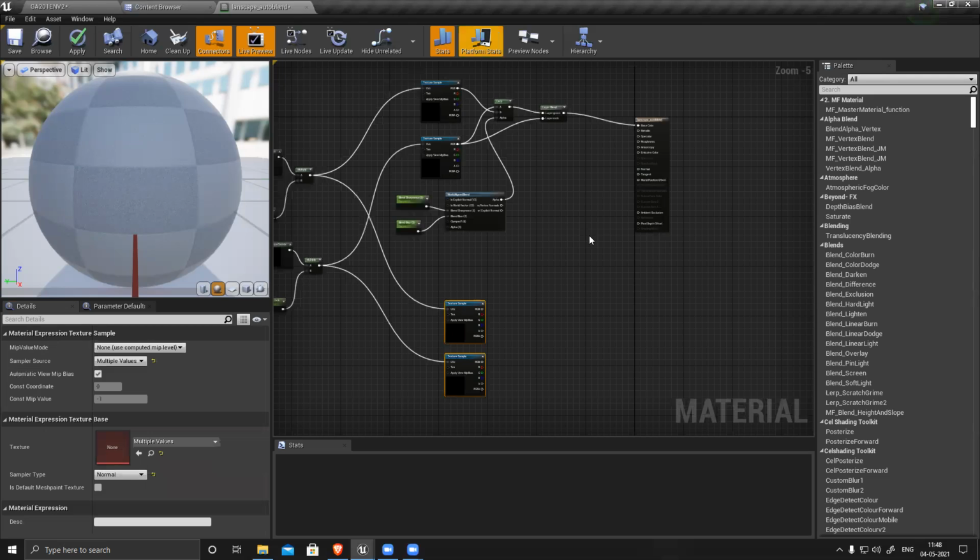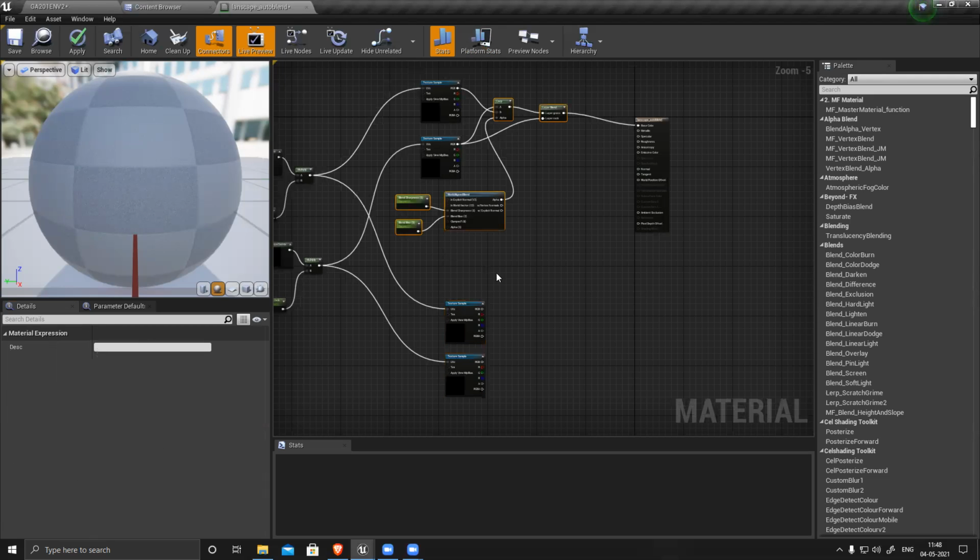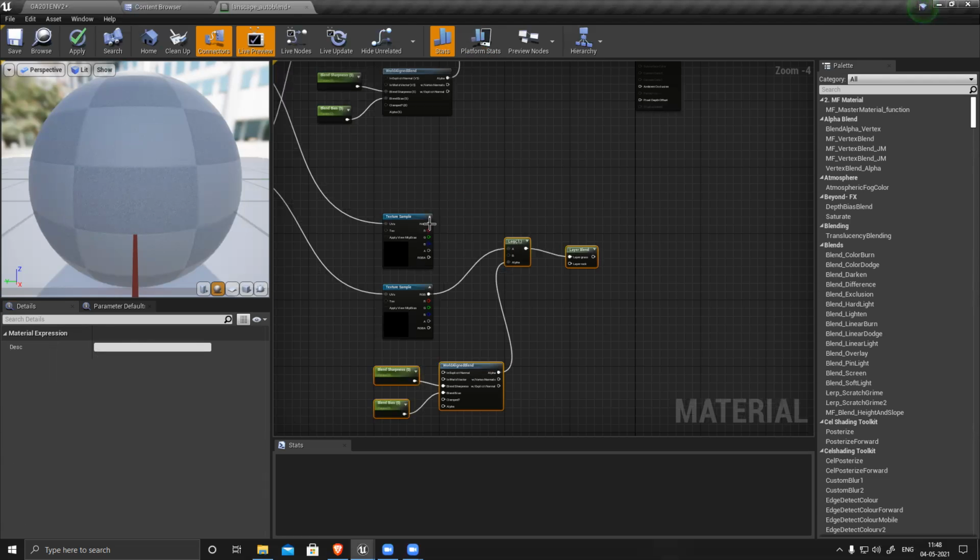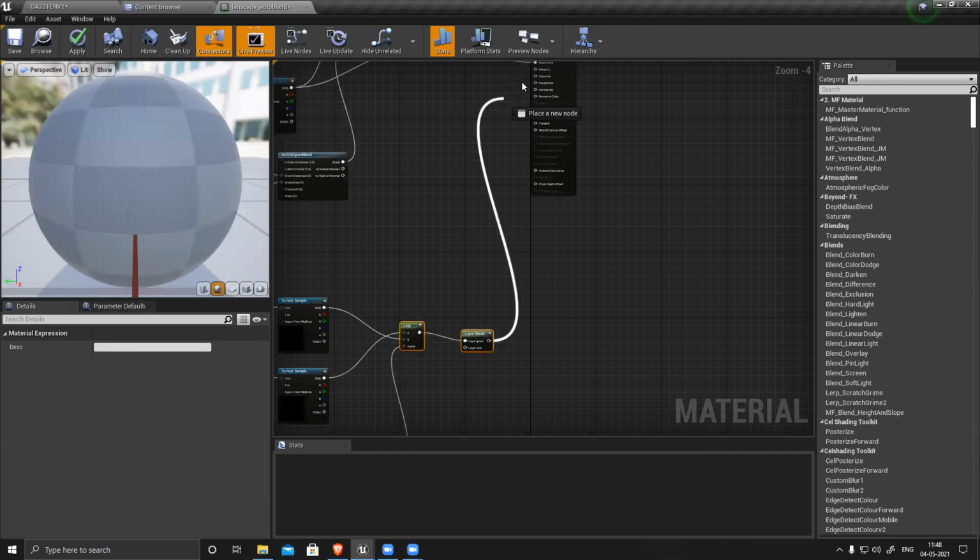So what I'll do is I'll select this entire thing, plus control W, duplicate, place it here, B, and this is my normal.